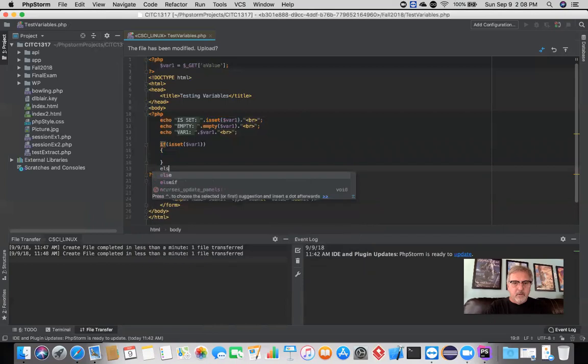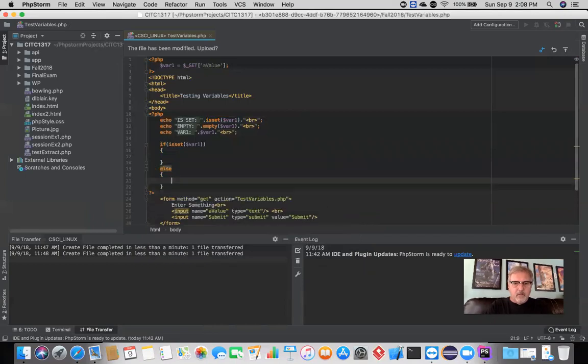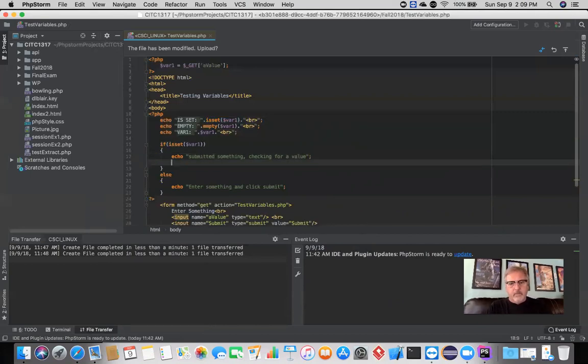First off, else echo enter something and click submit. So just give some message in there. And here I can echo submitted something, checking for a value. Okay, here, if empty, open and close, if var1,